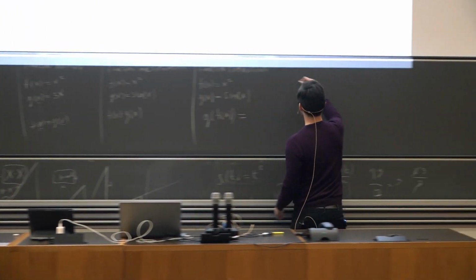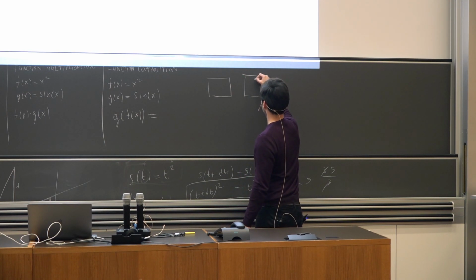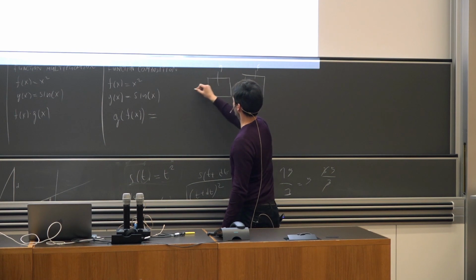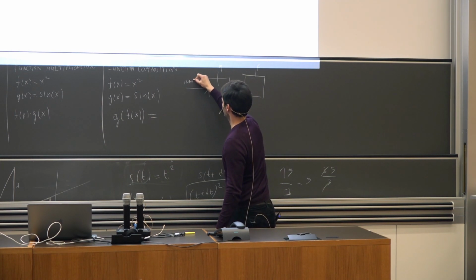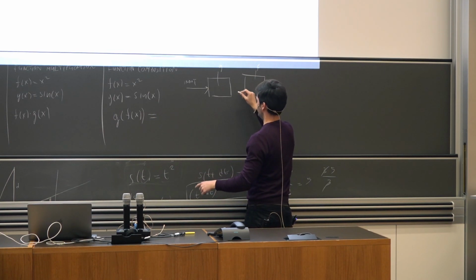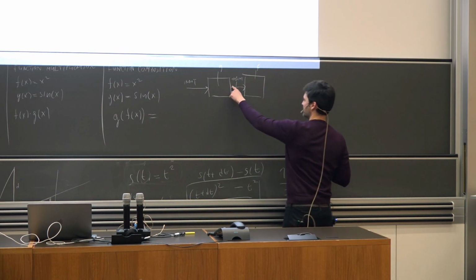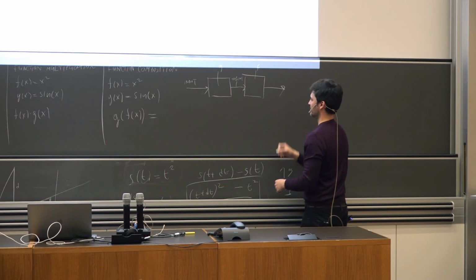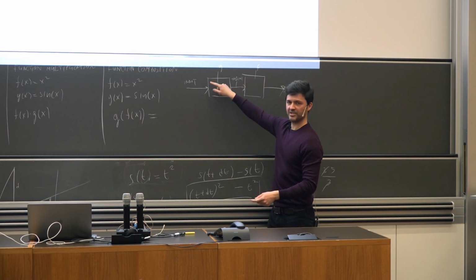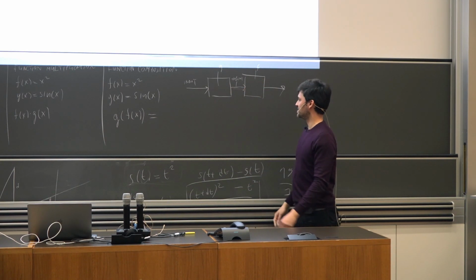It's simply two of these boxes. So one is f, and one is g. So then we have an input, and then this input, for example, of f of g of x, which is sine of x, has an output. So this is now temporary output, yeah? Temp output. Why temp? Because it becomes an input for the next one. And then there is an output. So for one and the same input, this one changes it in a certain way, and then this becomes input for the next one, which changes it in a certain way.